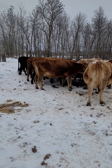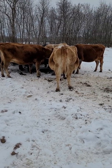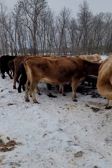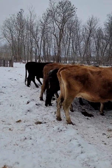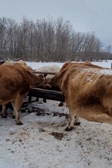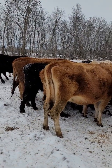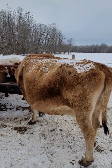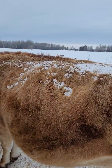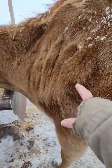So this is what I call my special needs group. It's predominantly my full-blood dairy, weaned calves, and the cows that really don't compete well with the bigger, more mature beef. I just brought Honey Cow in because even though she's carrying a good snowpack, I'm noticing on her shoulder blade,